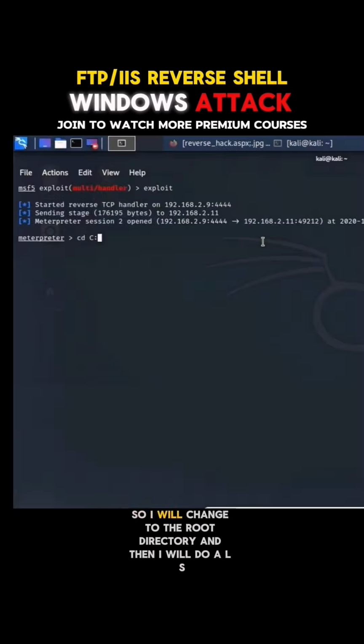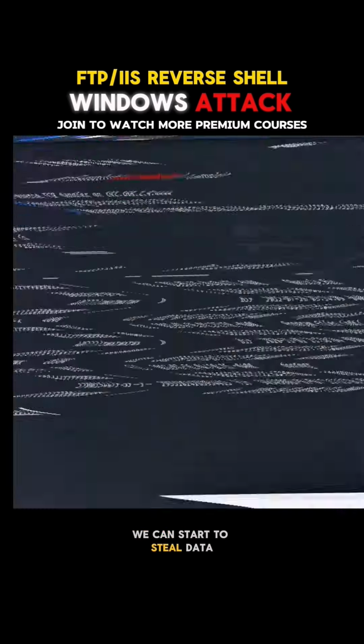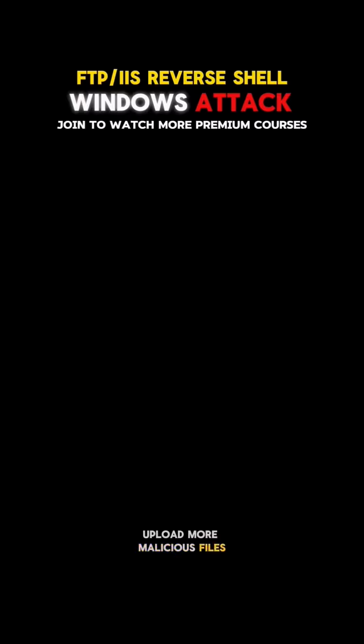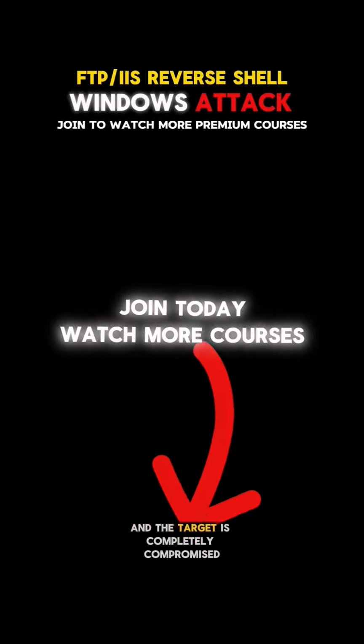So I will change to the root directory, and then I will do an ls. And we see this is not a directory on our machine, this is a directory on the target. And we have access to their file systems. We can start to steal data, upload more malicious files, really do whatever malicious acts we want to do. And the target is completely